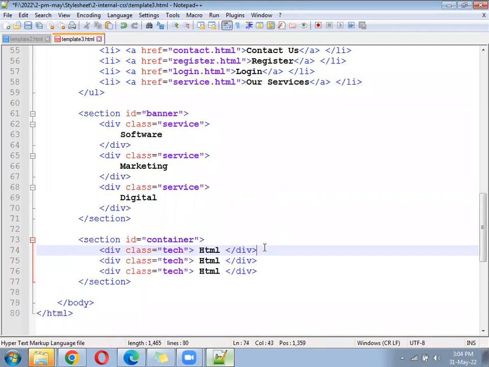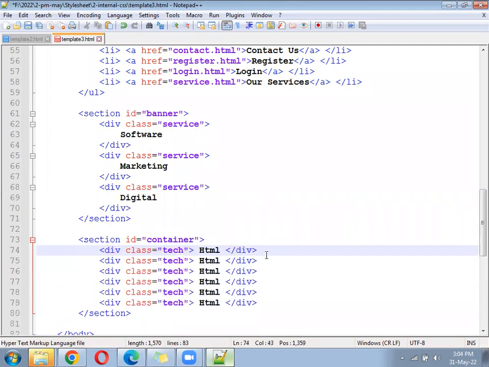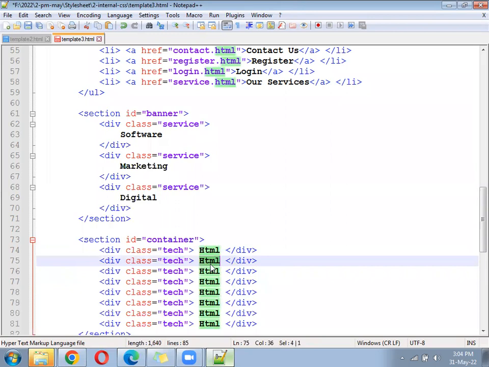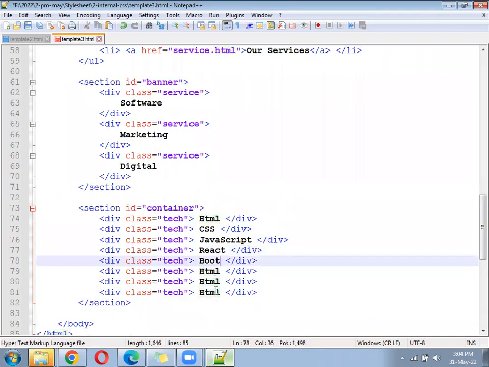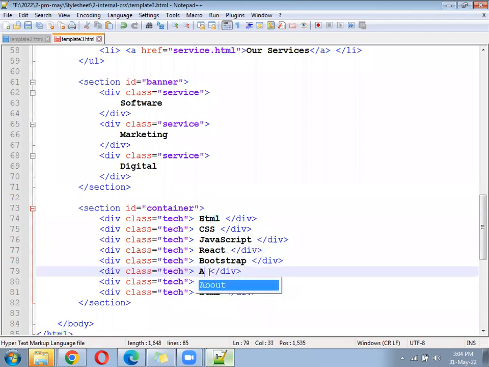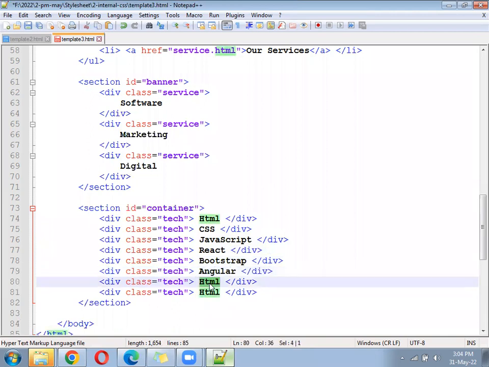CSS, JavaScript, Bootstrap, jQuery, Angular, React, many more. Okay. CSS, JavaScript, React.js, Bootstrap, Angular, Node.js.